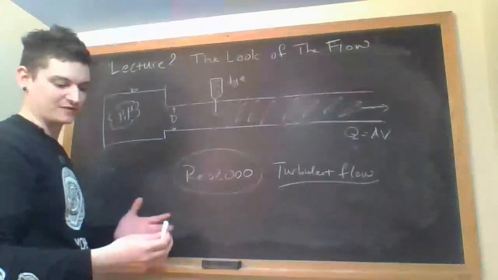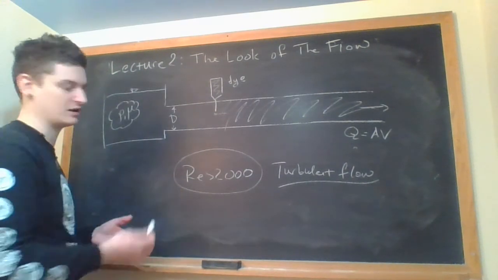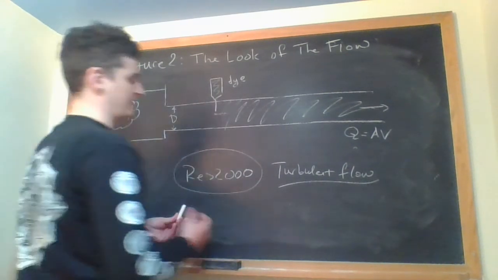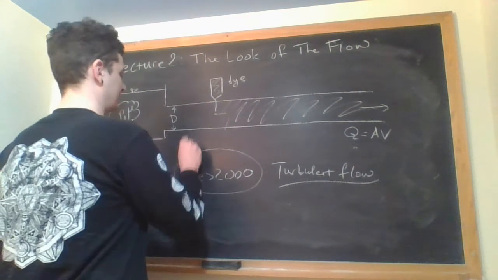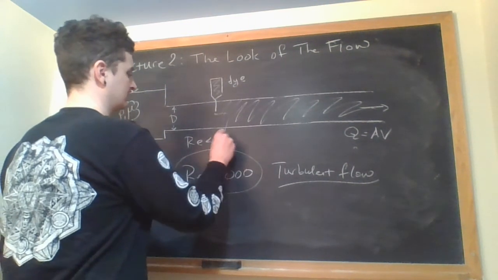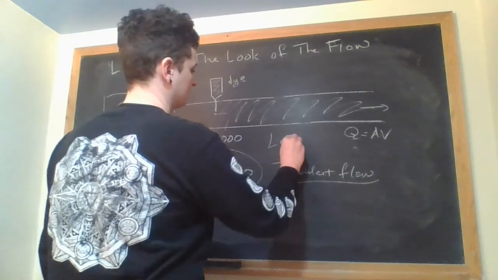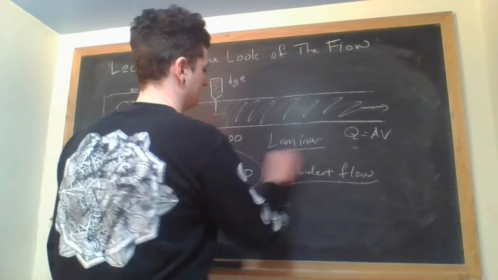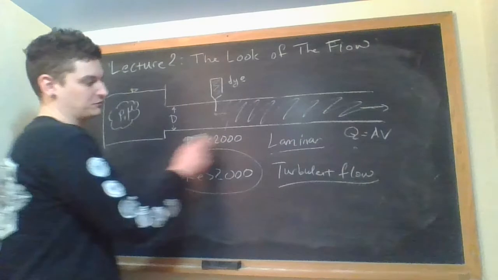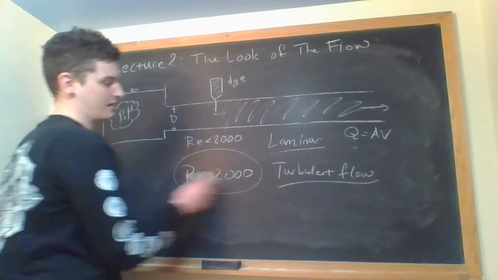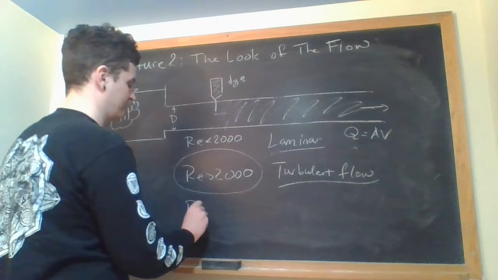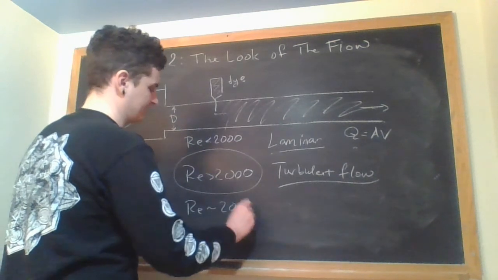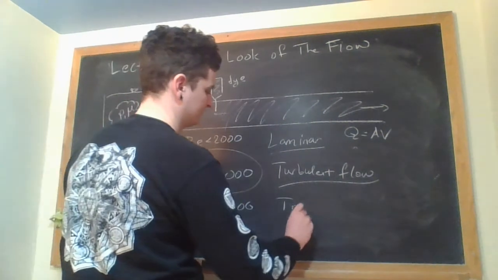So those are just wonderful views of how these non-dimensional numbers can tell you about the look of the flow happening, right? We could just write it again. So this less than 2,000 is what we call laminar flow. If it's greater than, we call it turbulent flow. And then kind of roughly what we say, right? If it's around there, it's in this